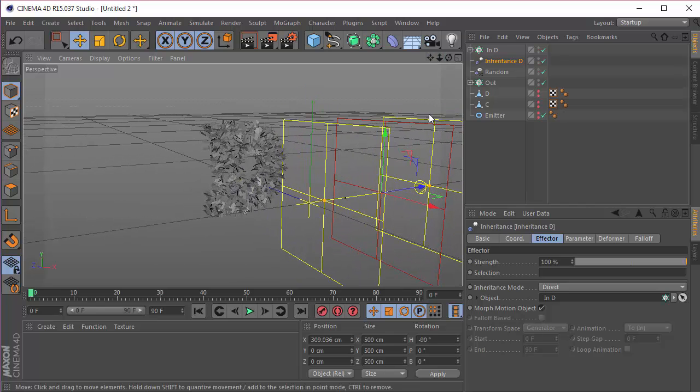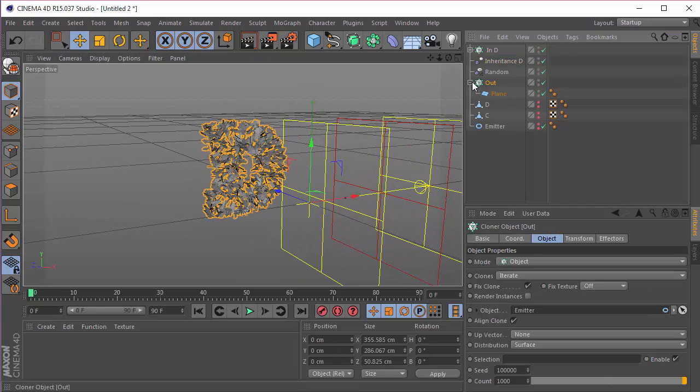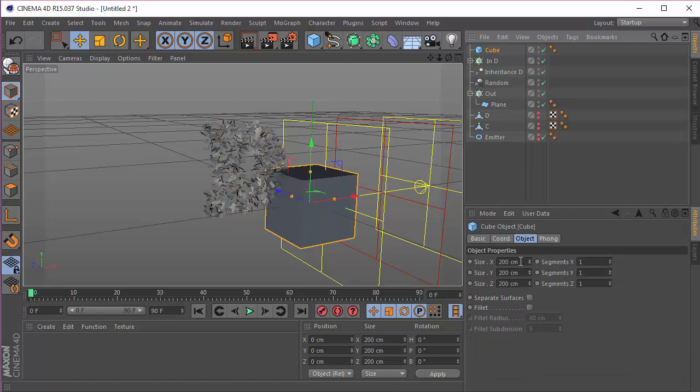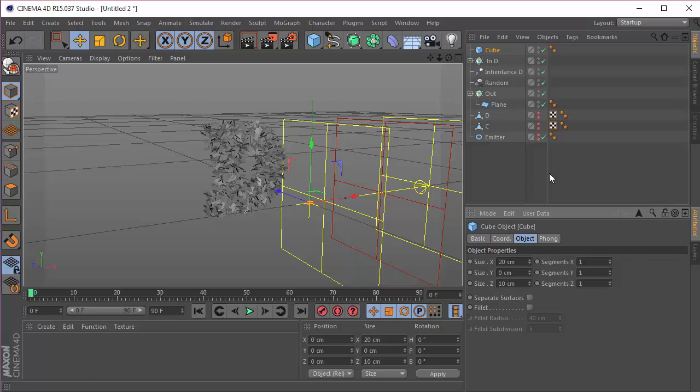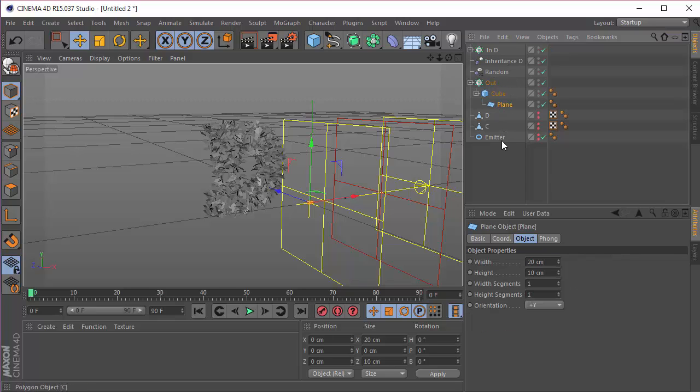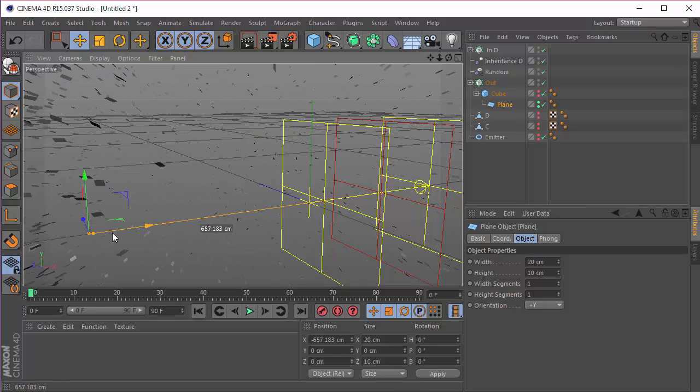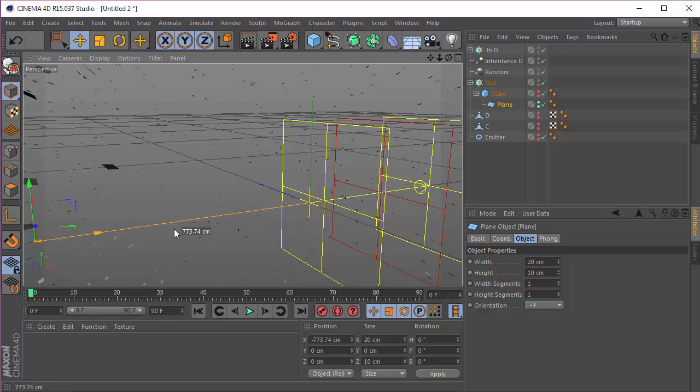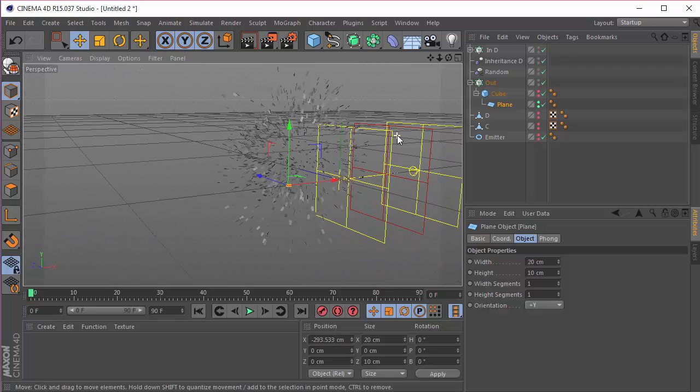Okay, now one more thing I want to do is in this, I'm going to go and make a cube, and this cube setting will be the same as the plane, so that is 20 and 10. And I'm going to take this, drop it into the out cloner, and drop the plane inside this cloner, and we want to hide this and press the green traffic light for this so that it is seen. And now when we go back, we can actually see,